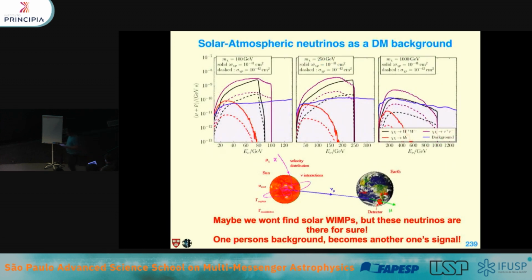Another thing that was discussed some days ago is the search for dark matter. Of course, these neutrinos produced in the atmosphere are actually a background for searches for WIMP annihilation in the sun. I will only mention this briefly because I know it was discussed earlier. The idea is that WIMPs can capture in the sun, and they can then annihilate, producing neutrinos. This is a background that is not irreducible, because the energy distribution of neutrinos produced in cosmic ray collisions and the ones produced from dark matter annihilation is going to be distinct. So in principle, you could differentiate them, but it does put some limit on how far you can see easily into the sun.